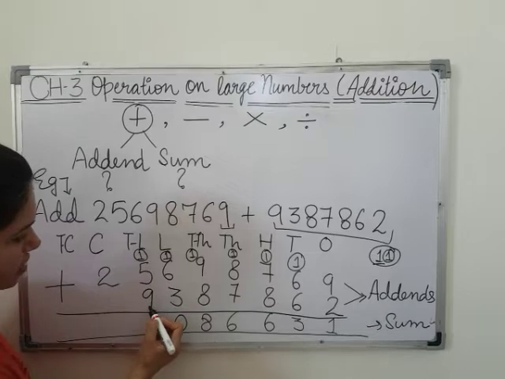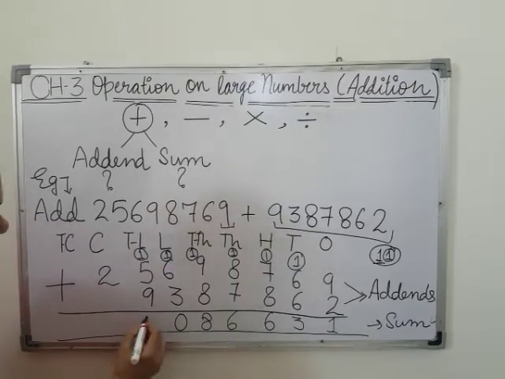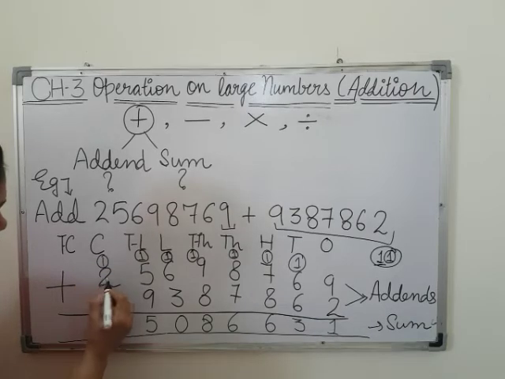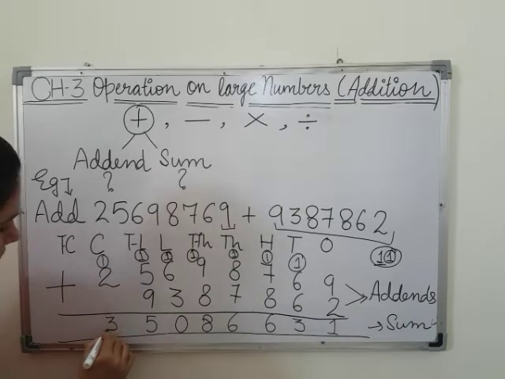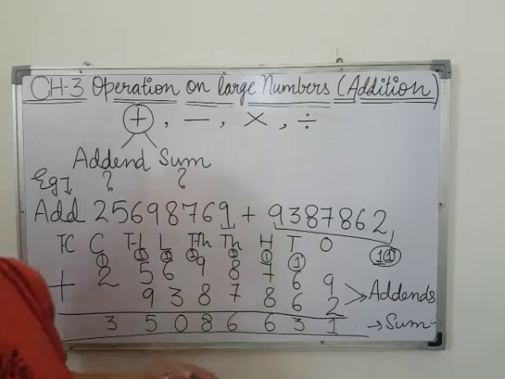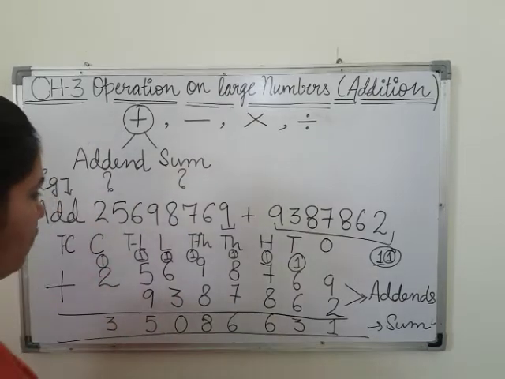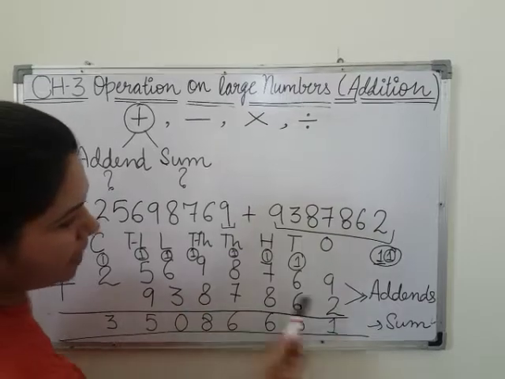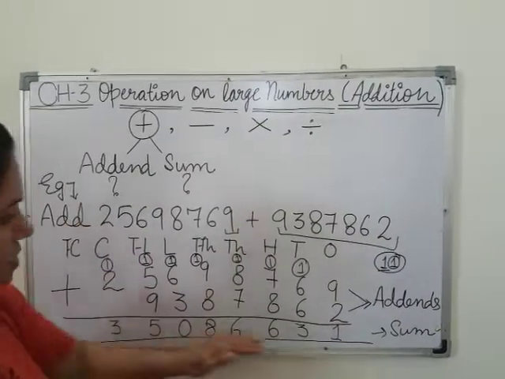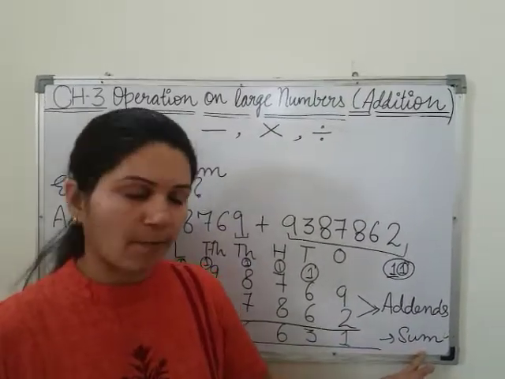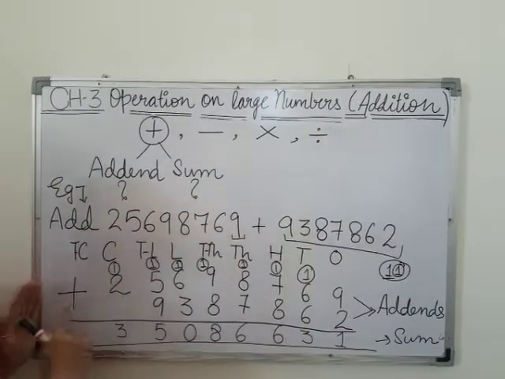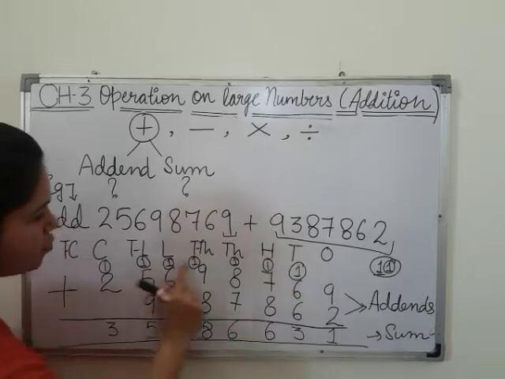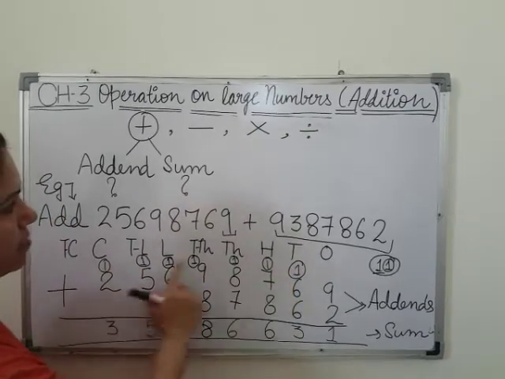5 plus 9, it's 14, 14 plus 1, 15, 5 is here and 1 carryover. 2 plus 1, 3. In this way you can do the addition for large numbers, in which these two large numbers are known as addends and the answer is known as the sum. You can denote an addition with the sign of plus, and here you can leave one line gap just to put the carryover digits.